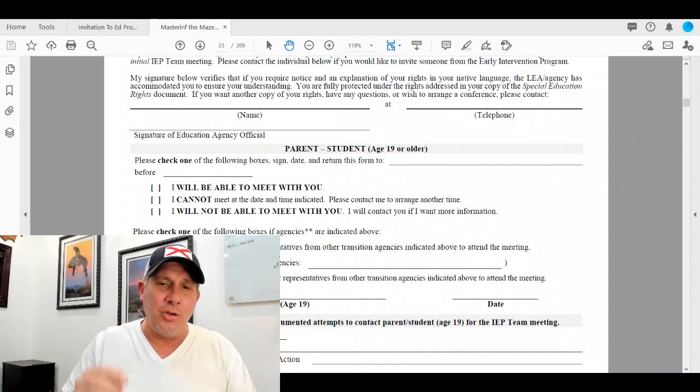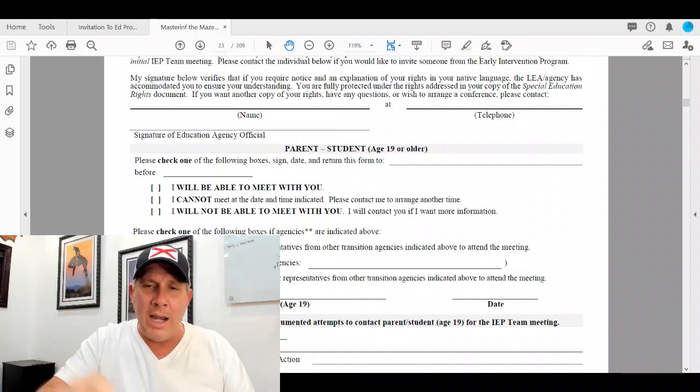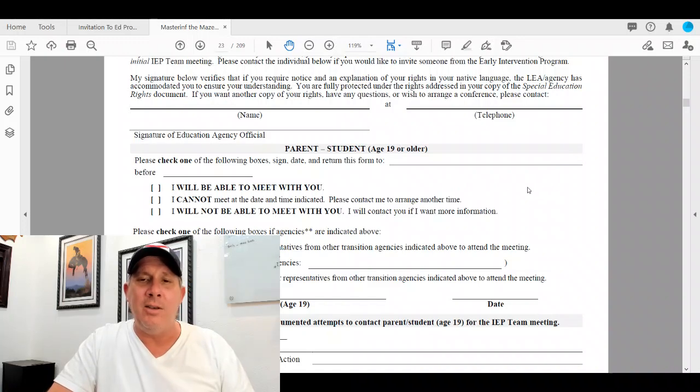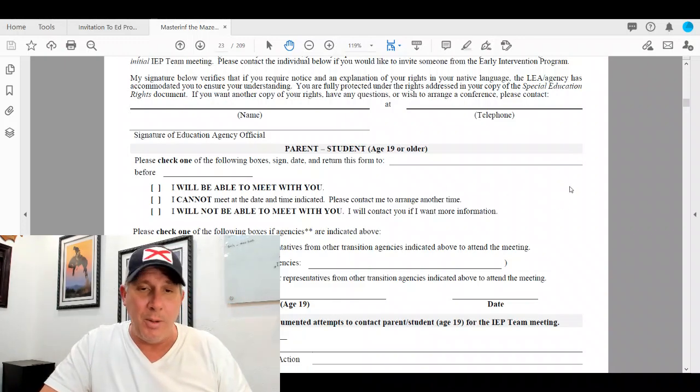You safeguard yourself by using the right words, using the document, writing on all this empty space that this time and date does not work for your work schedule, and that you, as a valuable member of the IEP team, and I would write this, as a valuable member of the IEP team, I want to participate.